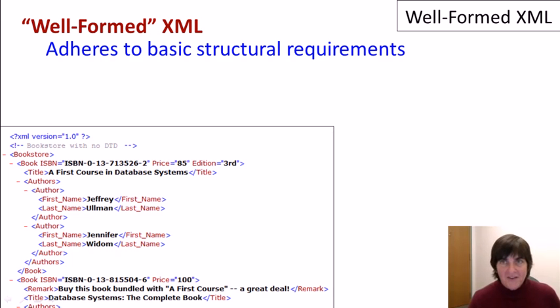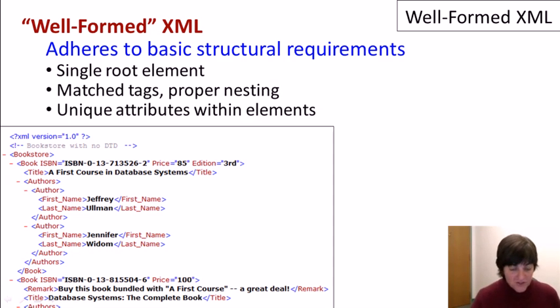Now you might have noticed that the name of this video is Well-Formed XML. Well-Formed XML is actually the most flexible XML. An XML document or an XML stream is considered well-formed if it adheres to the basic structural requirements of XML. And there aren't many. It's just that we have a single root element, as we discussed before, a single bookstore in this case,